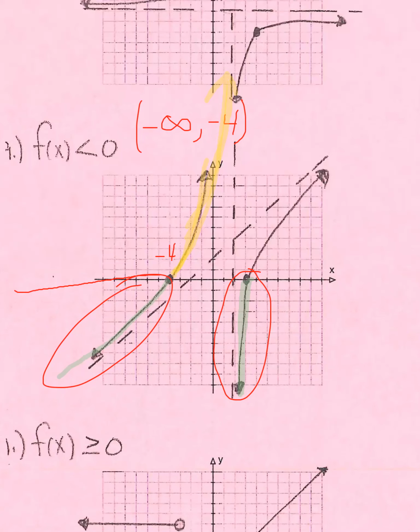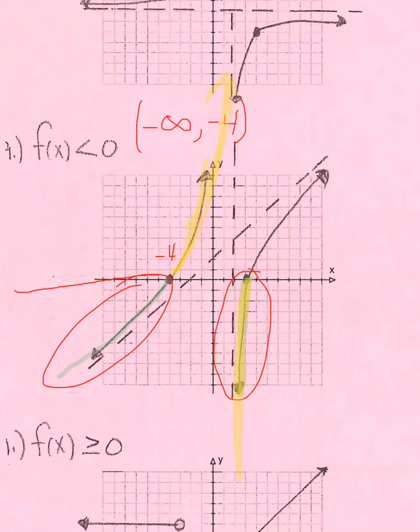But then what happens when I'm immediately bigger than 2? If it's like 2.00001, where am I on this graph? I'd be somewhere on this part, right? I'd be way down here. But I'm certainly going to be in the negatives. So at 2, nothing's happening. But once I get bigger than 2, the function exists again, and it is negative. And it's going to be negative at 2.1, 2.2, 2.3, 2.4, 2.5, all the way up until I hit,